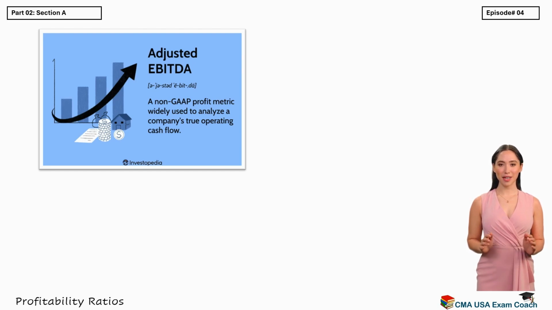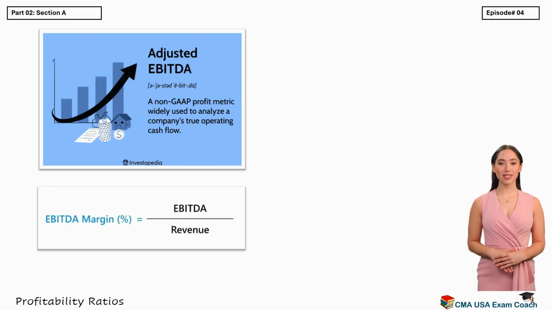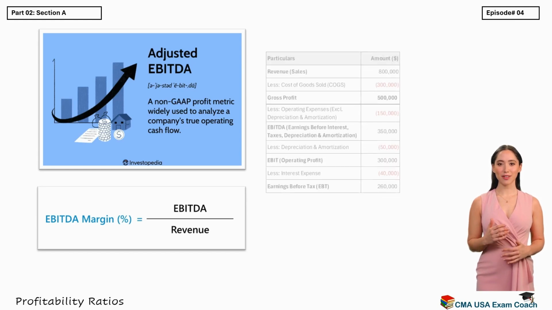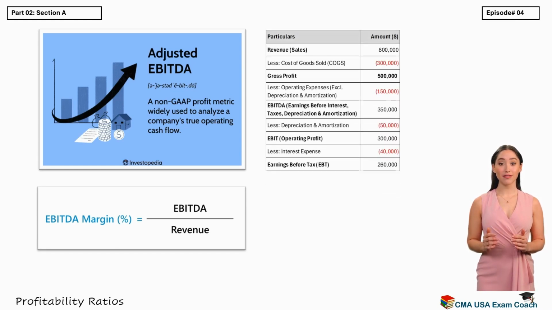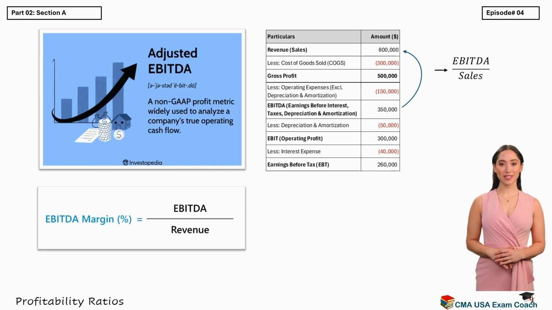Formula: EBITDA margin ratio is equal to EBITDA divided by sales times 100. EBITDA margin gives a clearer picture of the operating cash flow potential of the business, since it focuses on profitability from pure operations before the impact of financing and accounting decisions. This ratio is often used by investors and analysts to assess the core earning power of a company, especially in